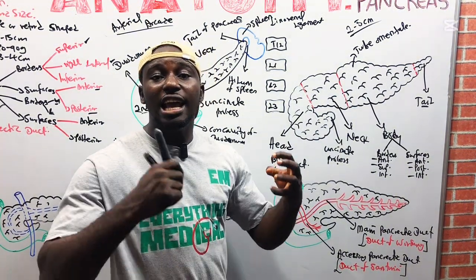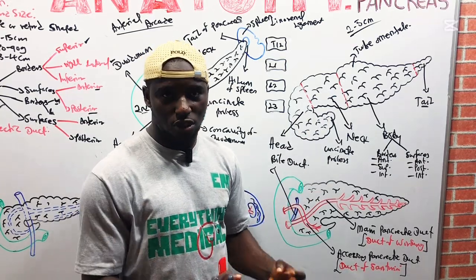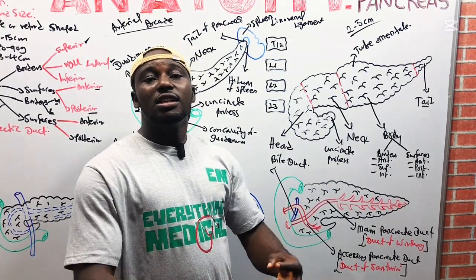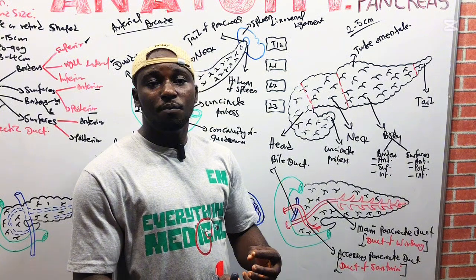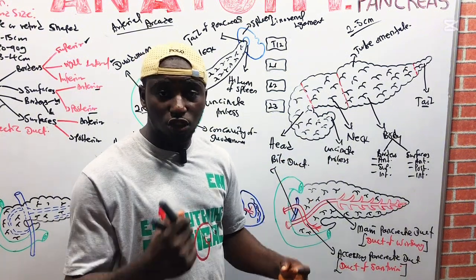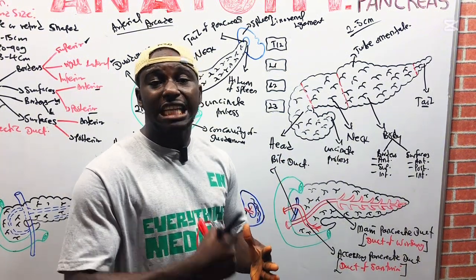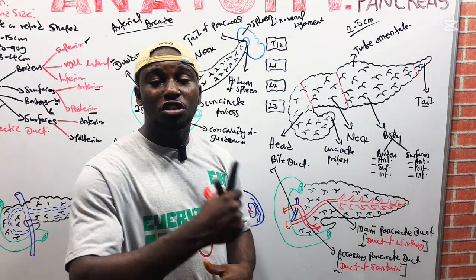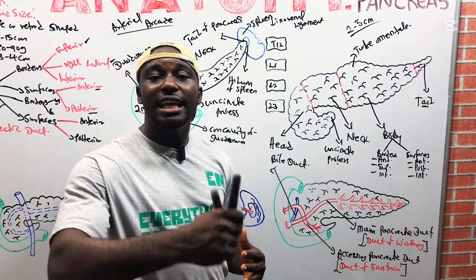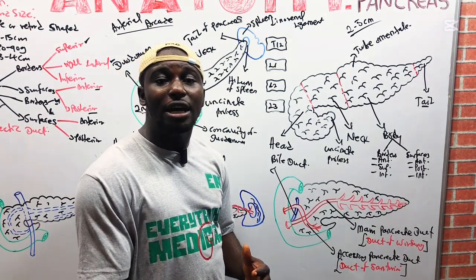That is what the exocrine component of the pancreas does, because it secretes the pancreatic juice, which contains the pancreatic enzymes, such as the proteolytic enzyme, the amylolytic enzyme, and also